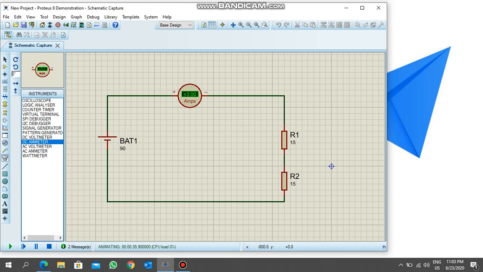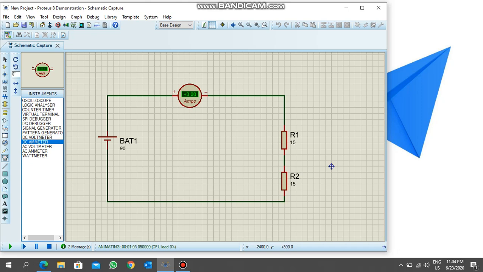Like if they were in series, we add them and we use the V is equal to IR formula, and our ampere current value was the same as in the simulation. You can also put these two resistors in parallel, solve them, get your answer, and then run the simulation and check if your answer matches with the simulation or not. You only have to use the DC ammeter for finding the current in the Proteus simulation.